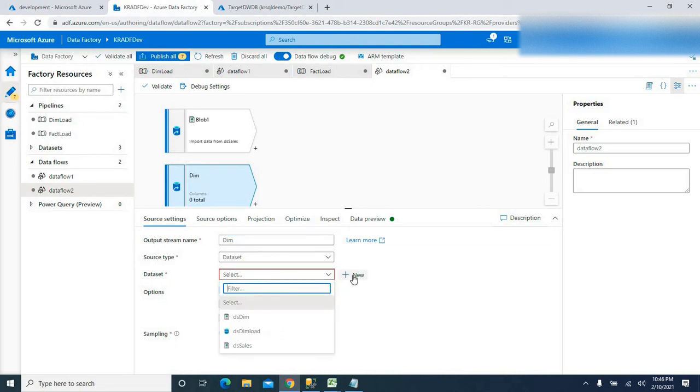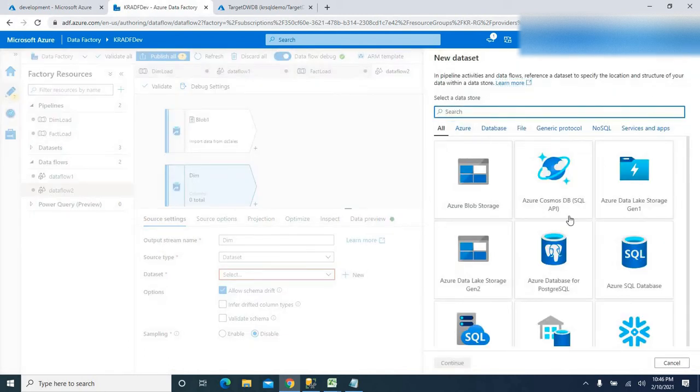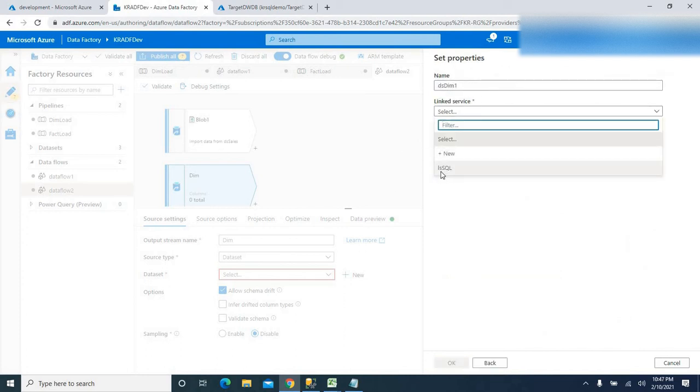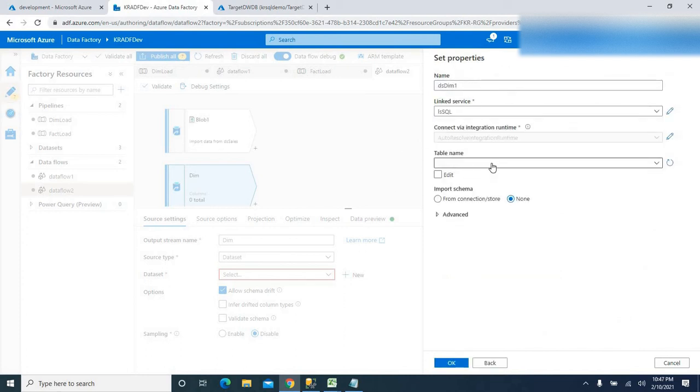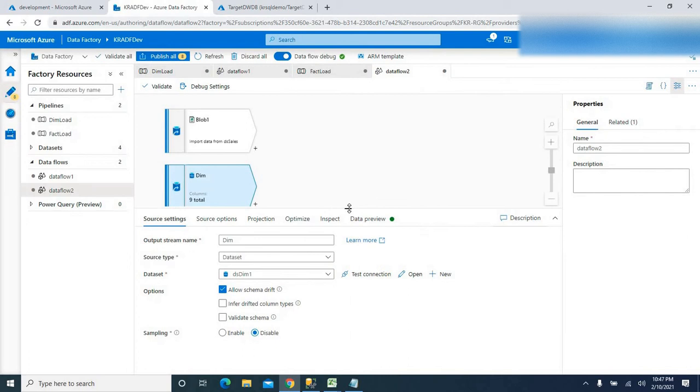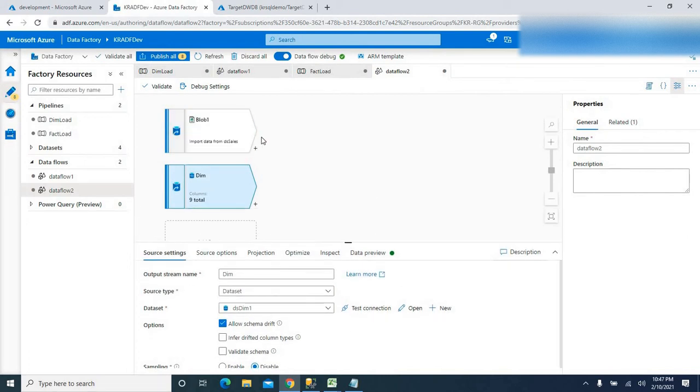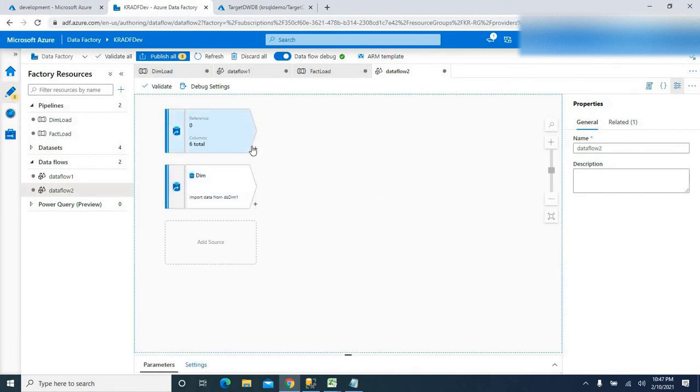So I'm gonna say new, SQL database. I'm gonna use the existing linked service, and the table name here is dim employee. Say okay. So I added 2 sources. Next, I'm gonna look up into this dimension table and have the SCD key populated.